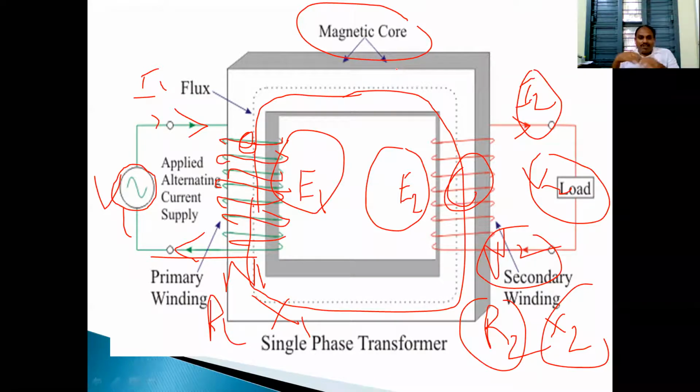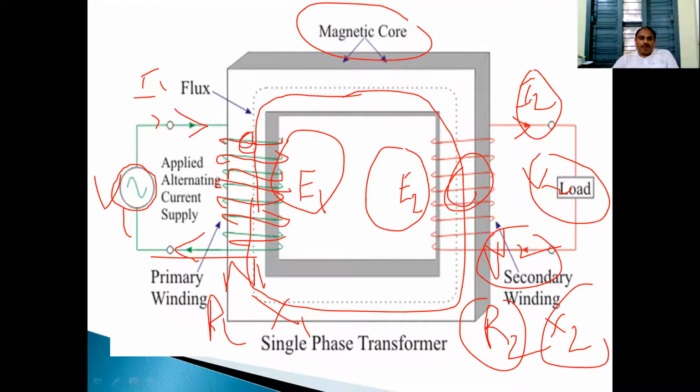That means coupling between the two windings. In that case also we have two windings. In a DC machine we have stator winding and rotor winding, armature winding and field winding. So there exist two windings. Here also we have two windings, but here the two windings are stationary. In rotating machines, one winding is stationary, the second winding is rotating. So there exists an air gap between the stator and rotor. That air gap offers more reluctance. Because of that reluctance, the machine has more losses, waste power, and more power is required to pump the flux from stator to rotor, that means through the air gap.